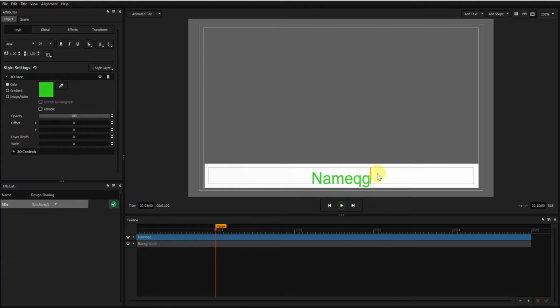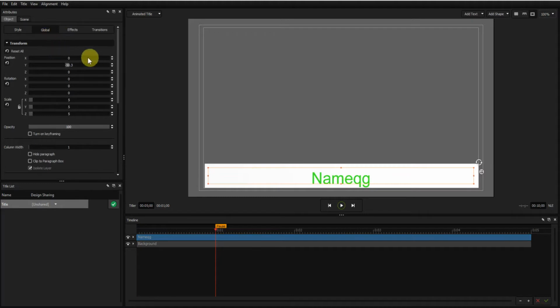Okay, that will do. I can see that this isn't centered on this background at the moment. So what I need to do is move this up slightly. To do that, with it selected, go to the Global tab, and in the Y coordinates of the position,